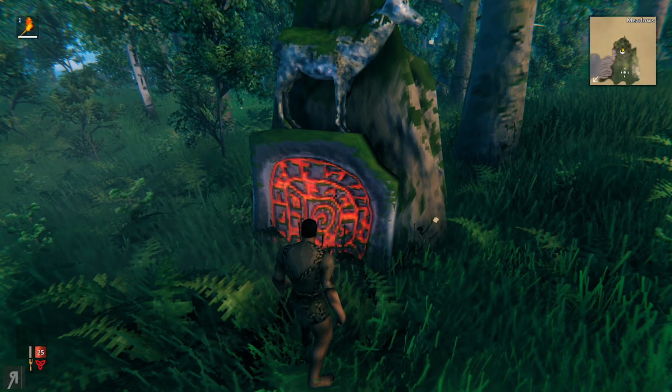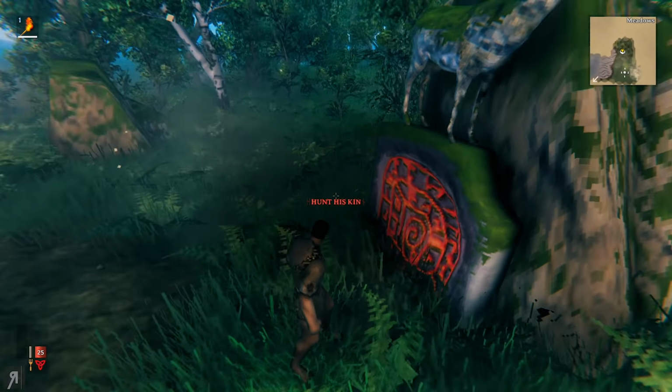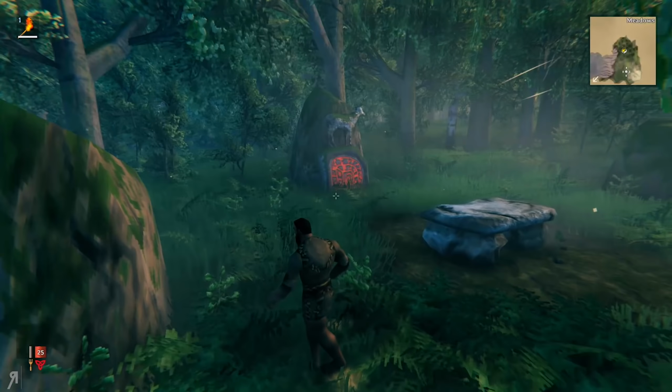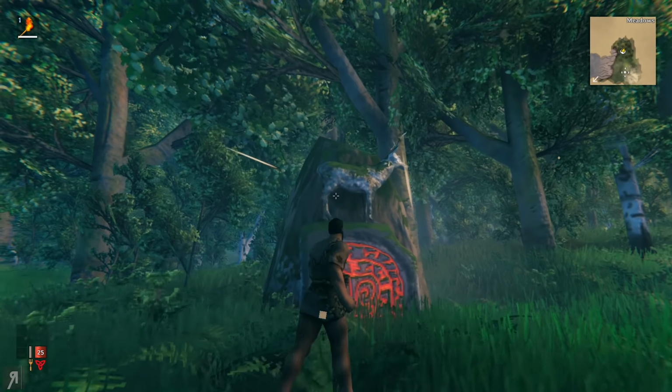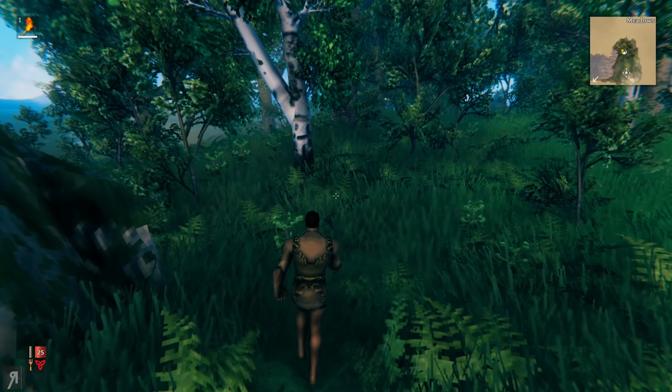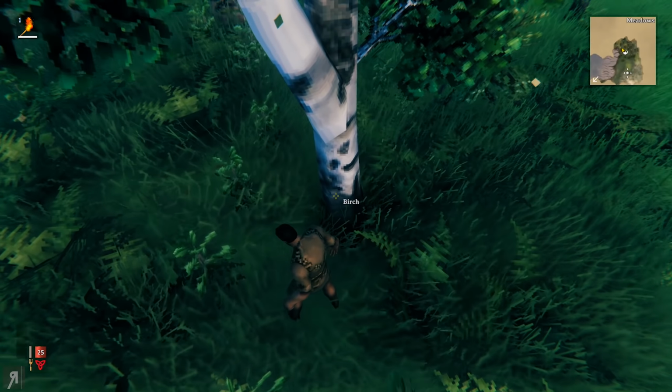Alright, and there's the rune stone. We can read it. Apparently, there we go. Hunt his kin. Okay, so that's how you summon him, I assume. So, basically, it's deer, right? So, it's actually quite nice that they start off a little bit simply with the puzzles. Because, look